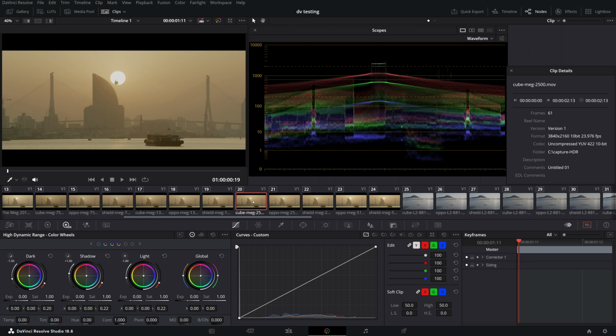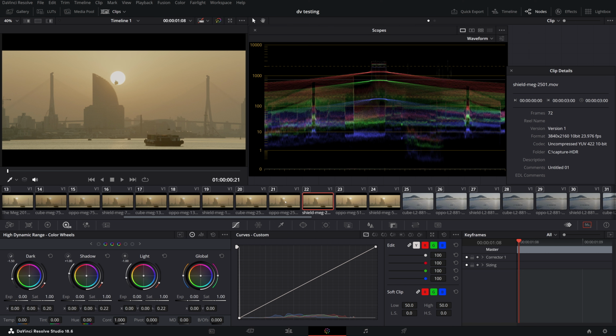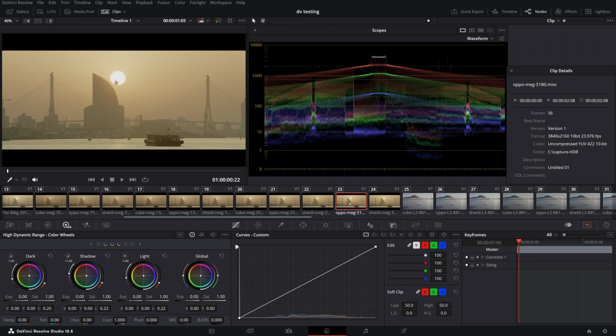Next is the TV with 2500 nit. The situation has not changed, tone mapping is still used, because the fragment is very bright, but the difference in average brightness between the players is not so big, only 100 nit. And the last fragment on the TV with 5180 nit. Oppo and Shield TV produced an even brighter average image than prescribed in HDR. Again, we see a defect with the red channel in Shield TV.